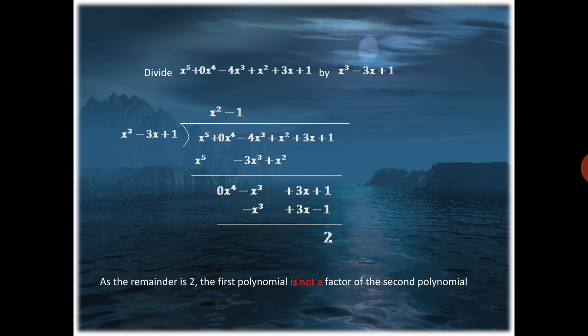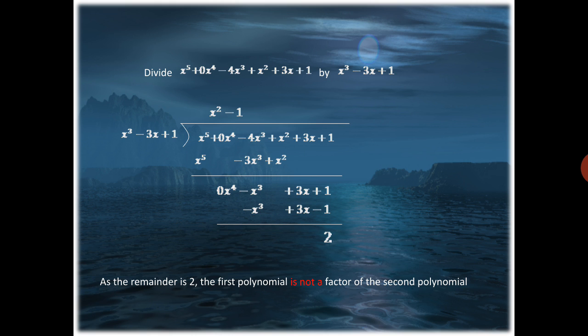We are multiplying by a trinomial in the divisor. So we have got 3 terms, that is x raised to power 5. Then the next term, that is minus 3x cube. This is obtained by multiplying x square to the second term of the divisor, that is minus 3x. And finally the third term, x square and 1 is multiplied and you have got x square. The next step is always subtraction.